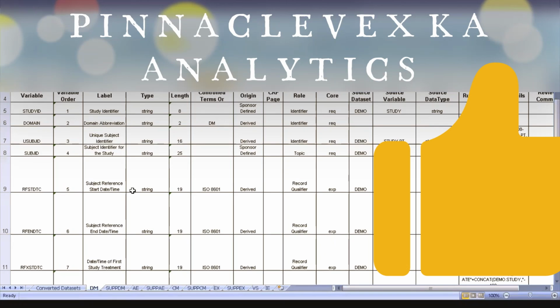See, again, you have control terminology for RFSDTC, like ISO 8601. So if you know SAS, you know what ISO 8601 is. Can anyone tell what the ISO 8601 format is? We have discussed it in the SAS classes. Can anyone? I think it is a date and time combination. Yes, whatever you said is right. It is a